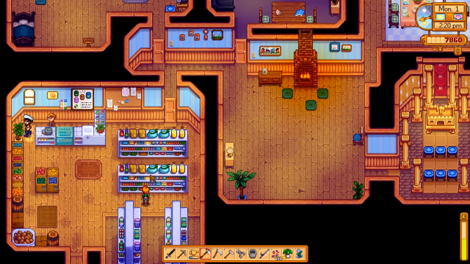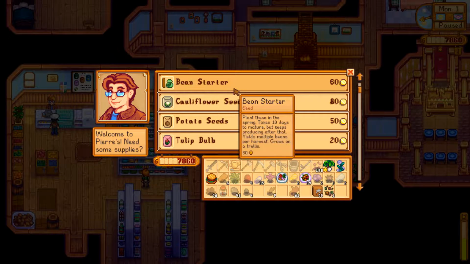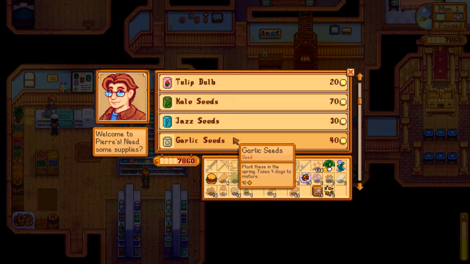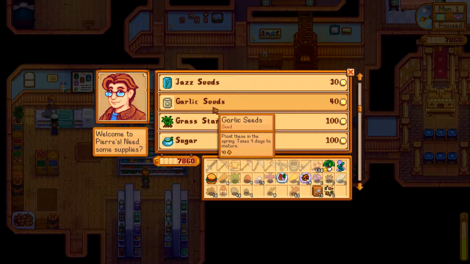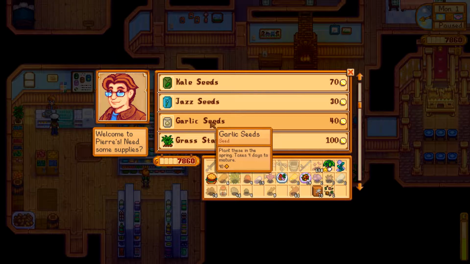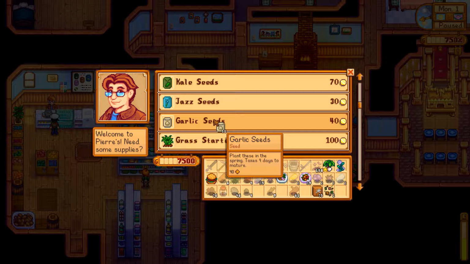I'll say hi to Pierre. And let's have a think, what are we going to be buying today? So these take 12 days to mature, so they're not really ideal. 6 days, 6 days, 7 days, 4 days. Is that all? I thought there'd be a few more options than that. Alright, so the best options in that case, I think, are probably going to be garlic seeds. Yeah, I think garlic seeds. So we'll start off by getting 24 of those, just so we can plant them around the iridium sprinkler,